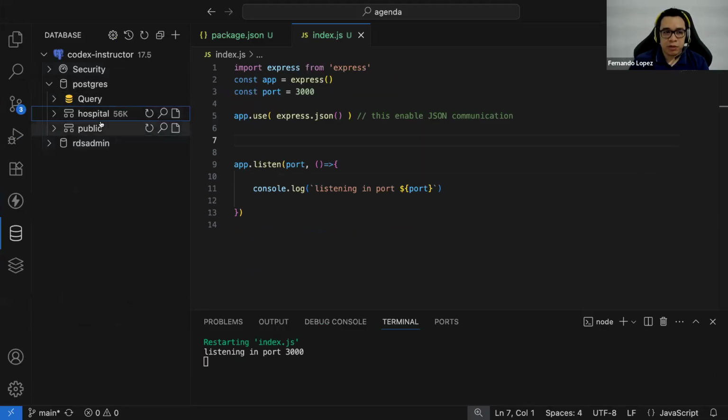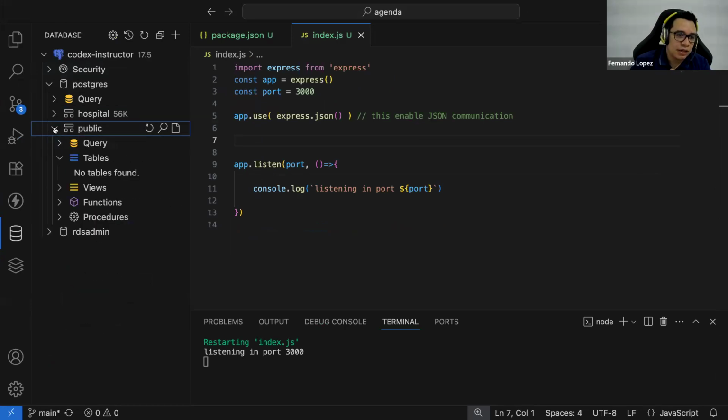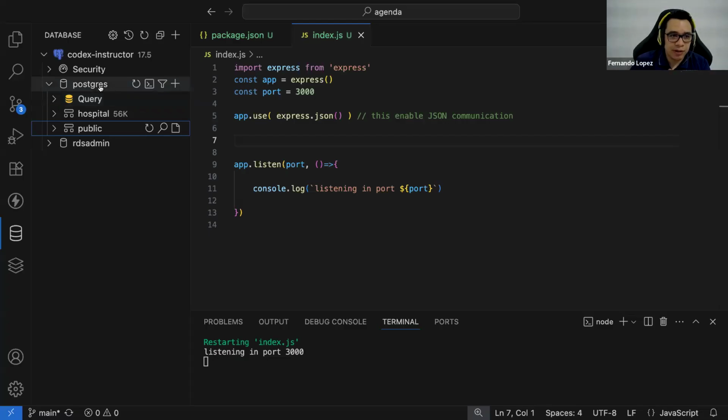Remember that I told you that it's possible that you can have a schema. And a schema, guys, is going to help you to group tables for a project. In this case, I would not like to have my tables in the hospital assignment or in the public schema. So I will create a new schema, and this is going to be called agenda.